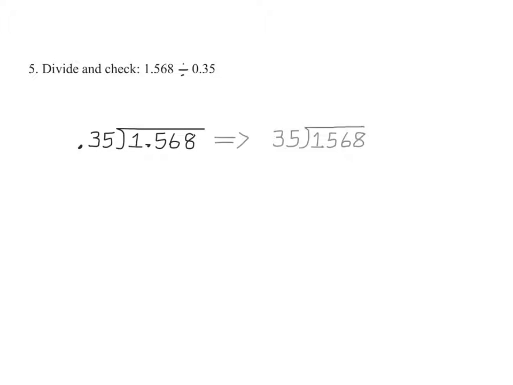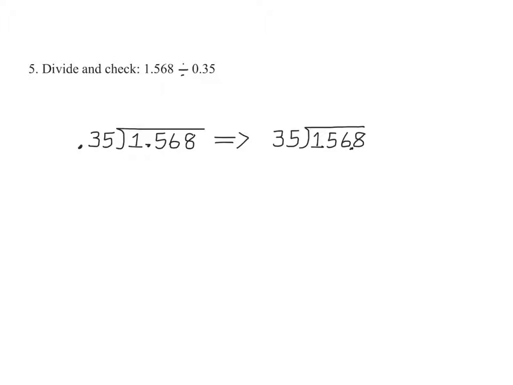1.568 divided by 0.35. When dividing decimals, we set up the decimals in the conventional way. However, the divisor, 0.35, needs to be a whole number, so we need to move the decimal point 2 places to the right. And we also need to move the decimal to the right 2 places in the dividend. That is, 0.35 becomes 35, and 1.568, we move the decimal 2 places, becomes